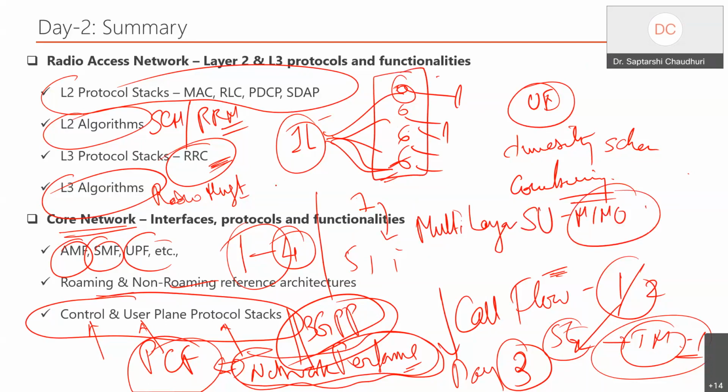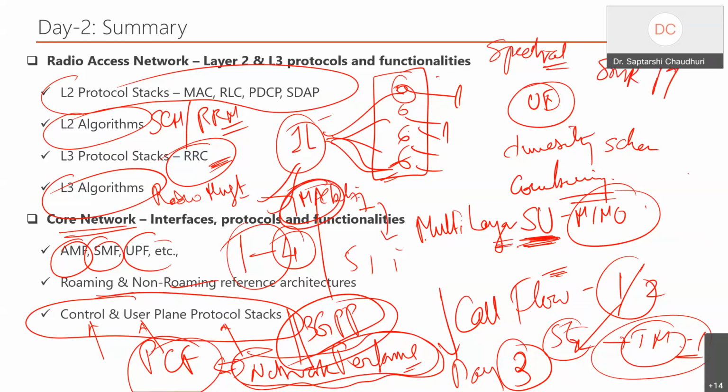But once the throughput starts growing, suppose that person is getting a lot of big MAC packets and I need a lot of throughput, then we invented the feature called single user MIMO. It is already there in 4G, and MU MIMO is also there. That means I need more spectral efficiency and I need to transfer more MAC bits. The SNR is conducive, maybe very high, and I want to start the multi-layer transmission.